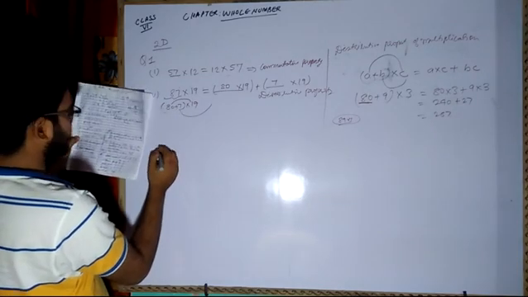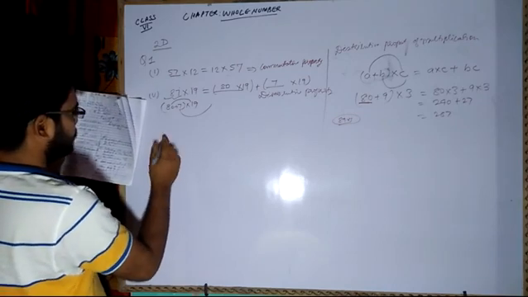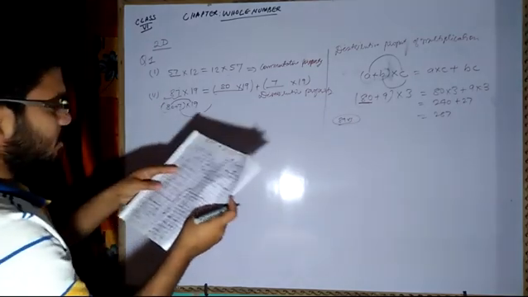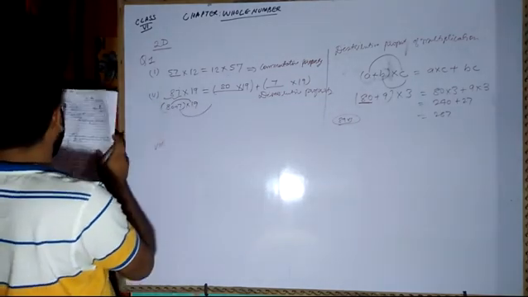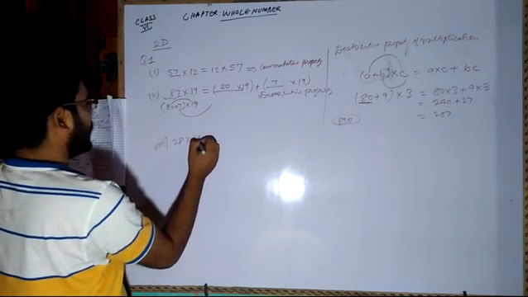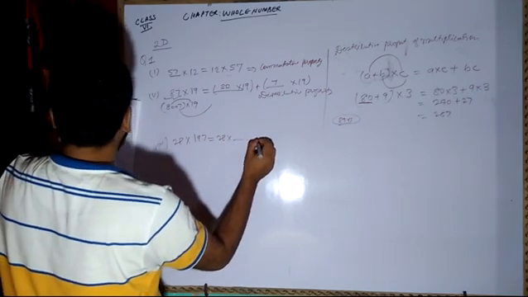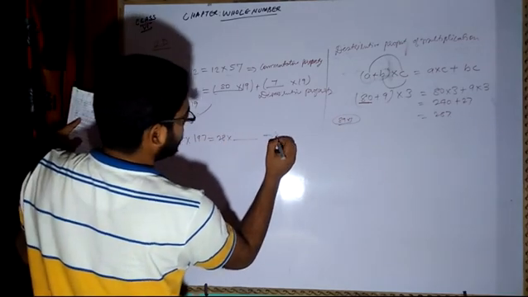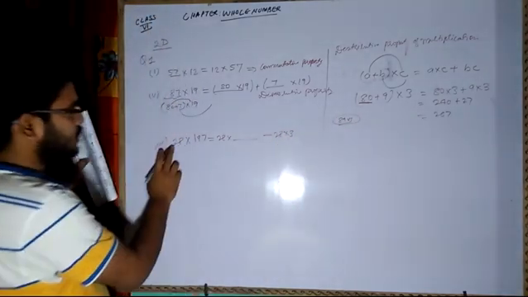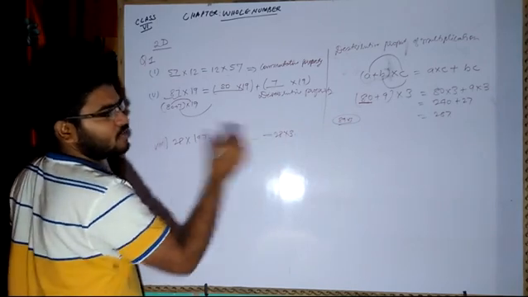Now we have the next question. In this part only we will see the 8th subpart. Question number 1, subpart 8, I have also mentioned. These are questions of a bit different type. That is why I have written 28 multiplied with 197 is equal to 28 multiplied with dash minus 28 into 3. Now you see what they have done. 28, 28, 28 everywhere. Now in place of 197 they have written 3.